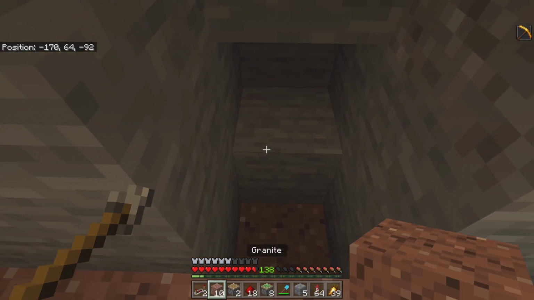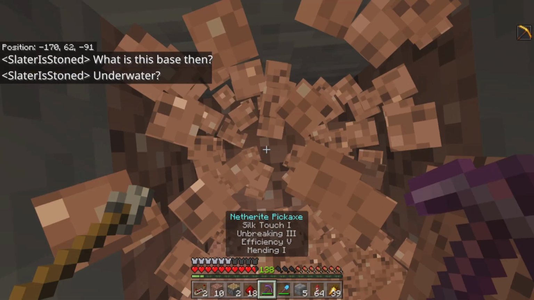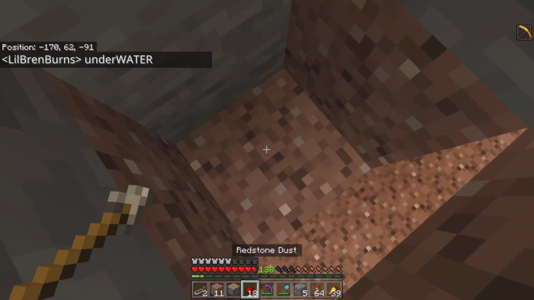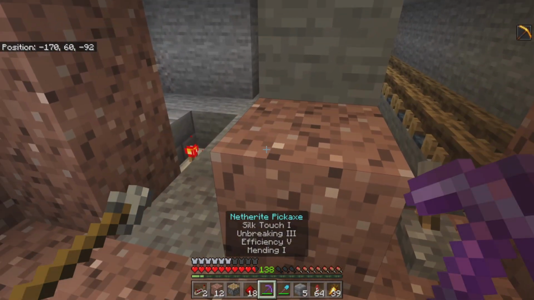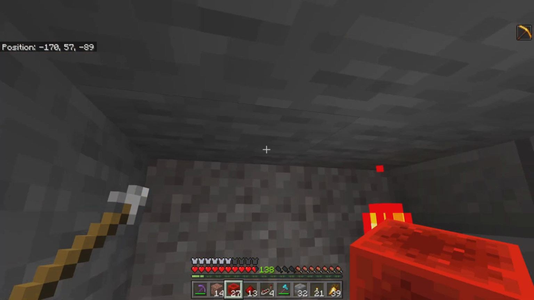So in order to do that, we're going to come over here. Let's grab ourselves our pick here. Let's go ahead and come on down this way. We're going to put in a regular piston right there, just like that. Let's go ahead and get ourselves out of here. There we go. Okay, that's going to push all these blocks down, and then down below, these stone blocks here